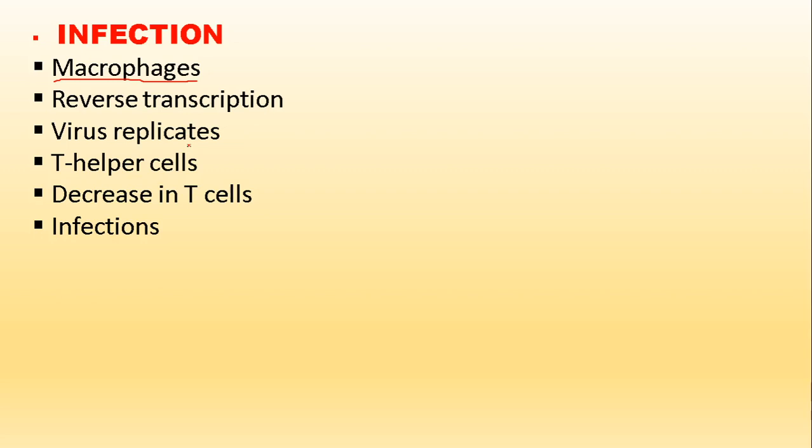and then it will help in replication of the virus. The virus comes out of that cell and further it will go and infect the T helper cells, a type of T lymphocytes. That will lead to a decrease in the T lymphocytes, that means it kills the T lymphocytes. When there is a decrease, then the chances of different types of infections, as simple as common cold and common flu, increase in that person. So we will say that the person is showing symptoms of AIDS.